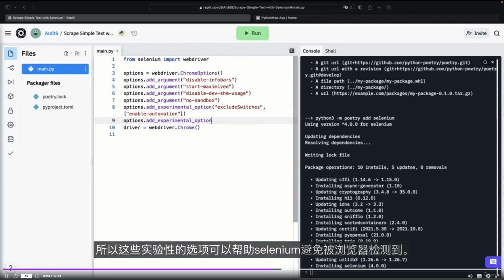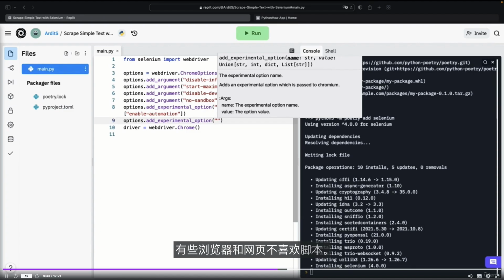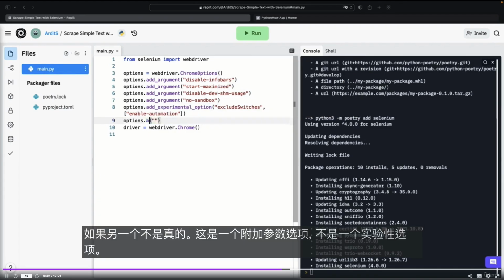So these experimental options are options that help Selenium to avoid detection from the browser. So some browsers, web pages, they don't like scripts, so we enable our scripts to access those browsers. So the other one is not actually an experimental one, it's an add argument option.